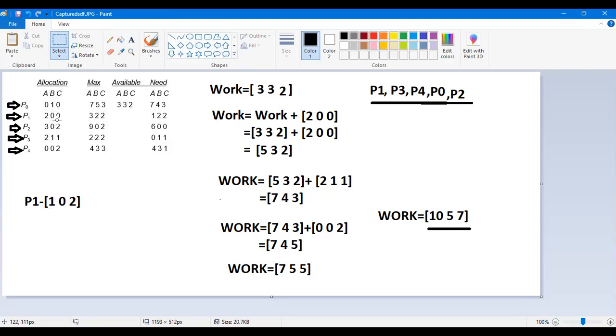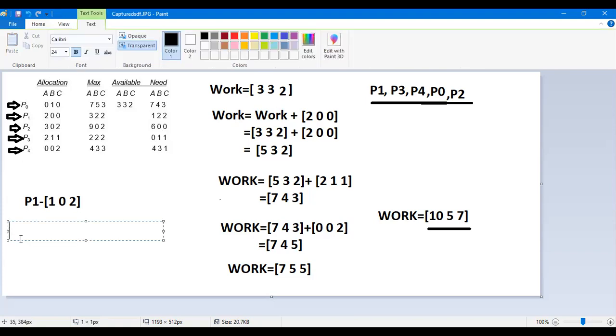Now we are giving these number of resources to P1. P1 will be having, here I am writing, new allocation of P1 will be 200 plus 102.